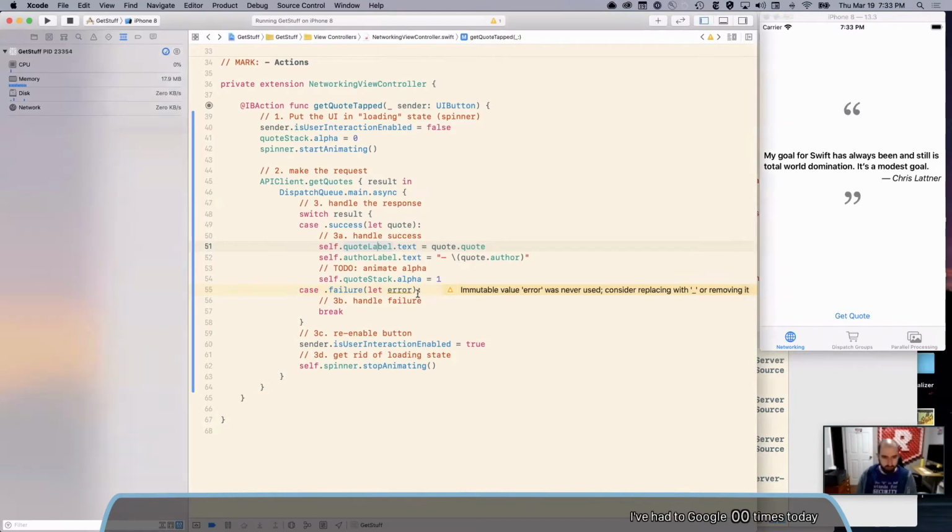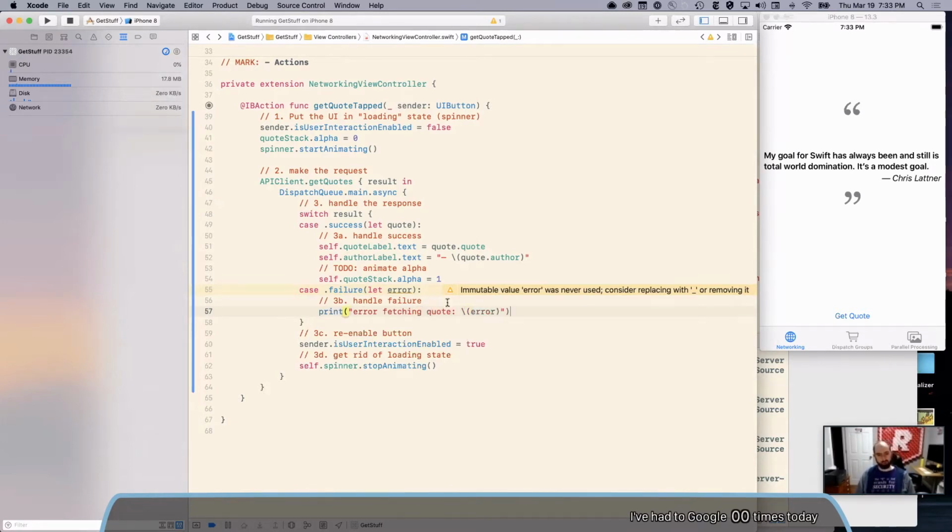We just need to do our error handling. So there's a bunch of different things you can do for error handling. They're pretty much all terrible. You know, there's no great options when what really should have happened is your code should have worked or the network should have worked or whatever, you know, it should have gone right. So in this case, we're just going to show an alert, say, hey, sorry, that didn't work. So the way I'm going to do that is I'm going to print an error first. Error fetching quote.